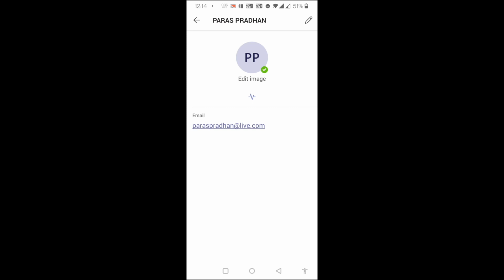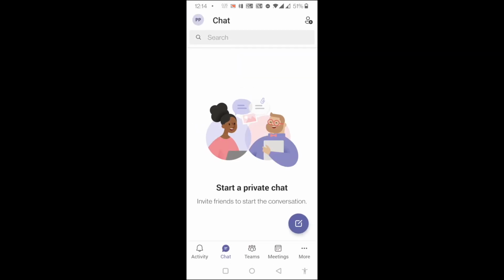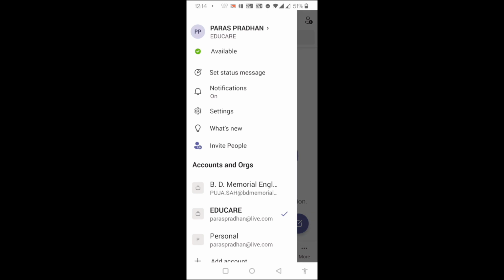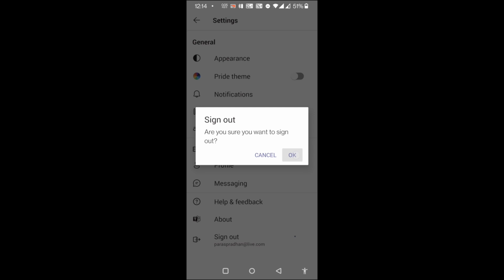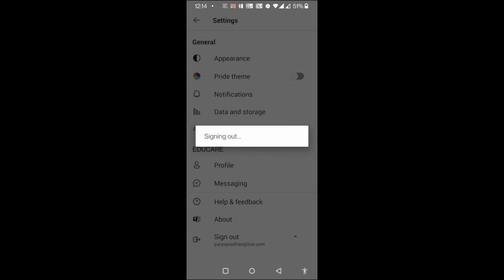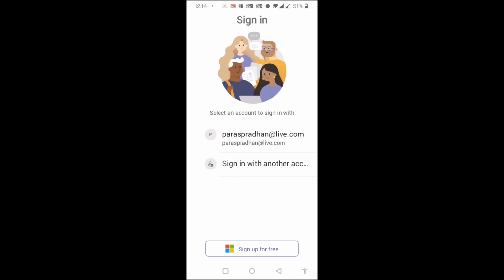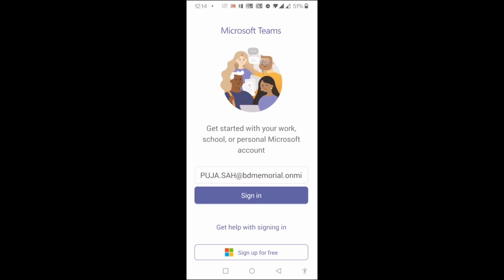So if this is the issue with your phone, then what you do, simply go back here again, touch that PP on the top left. Then somewhere you will see that there is a setting. There it is. In this setting, what you do? Yeah, sign out. Sign out of that account. After signing out of that account, you can see here that ID which got rejected on the top, then sign in with another account. So this is the place where I am going to sign in now.